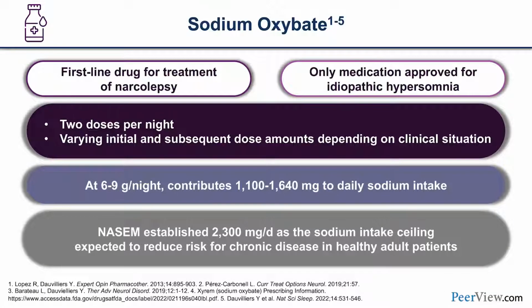But oxybate was approved in 2002, initially for cataplexy, but we saw our patients were less sleepy. And then later on, there was a supplemental new drug application, and it was approved a couple of years later to treat excessive sleepiness as well. Problem, it's sodium oxybate. So sodium oxybate is just the way the molecule was formulated. It's a liquid, and this allows good shelf life, and it allows you to be able to change the dose in individuals. I won't quite get into the dosing, but we use typically between 6 and 9 grams a night.